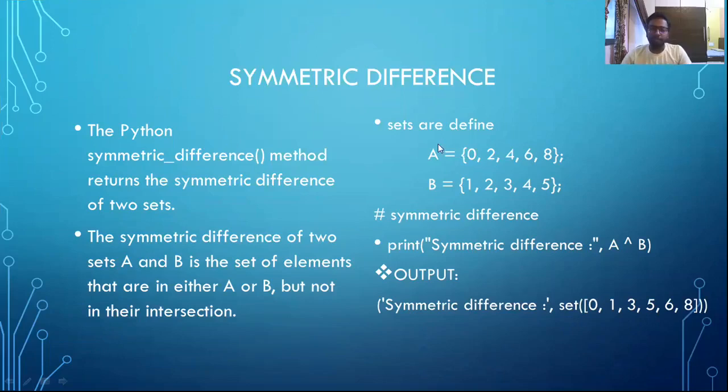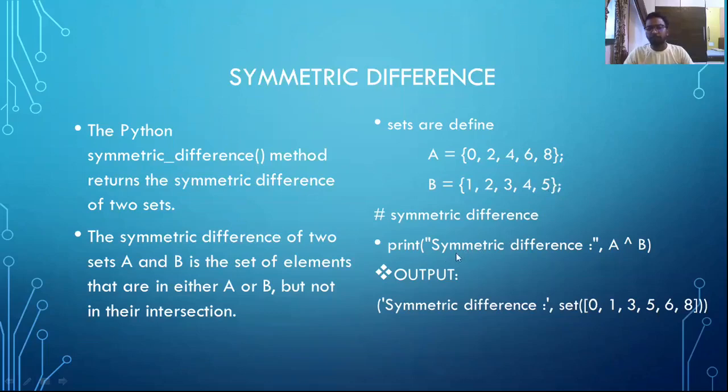Here let us see an example. If we have set A equal to 0, 2, 4, 6, 8 and set B as 1, 2, 3, 4, 5, and we print the symmetric difference of A and B, the output will be the exclusive members of A and the exclusive members of B. The exclusive members of A are 0, 6 and 8, and the exclusive members of B are 1, 3 and 5.